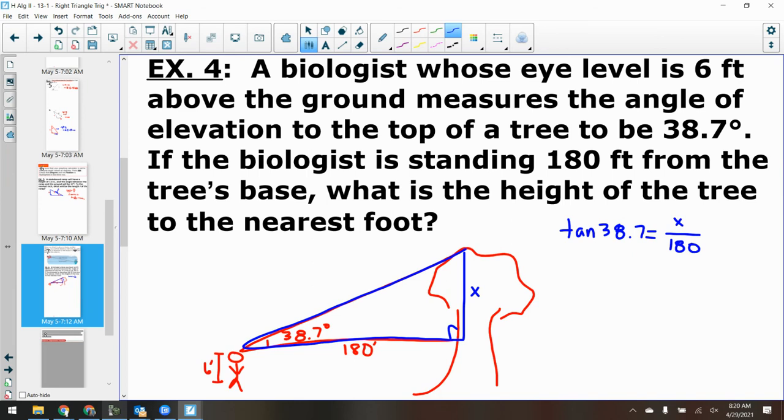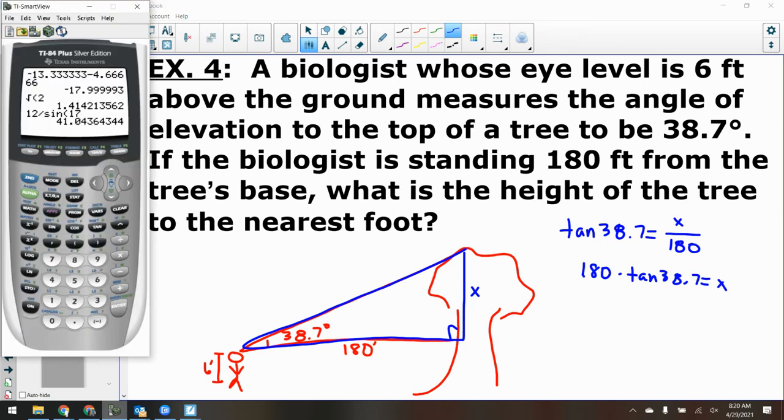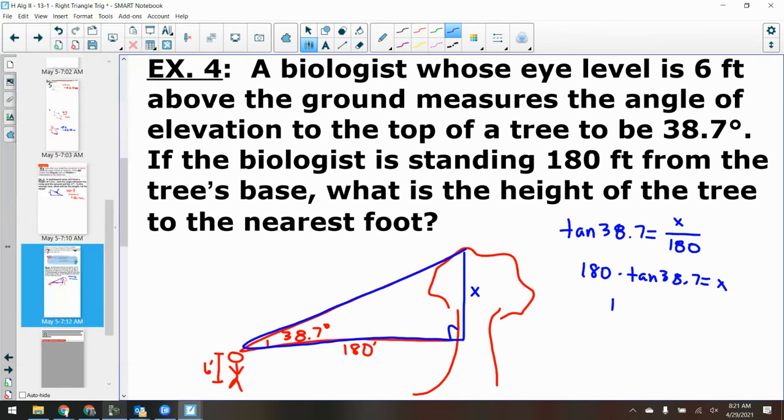Now this is x equal to 180 times tangent of 38.7, because I'm solving for my numerator, so all I need to do is multiply over the 180. 180 times tangent of 38.7. That's x. So let's solve for it. 180 times tangent of 38.7 is going to give me 144.21